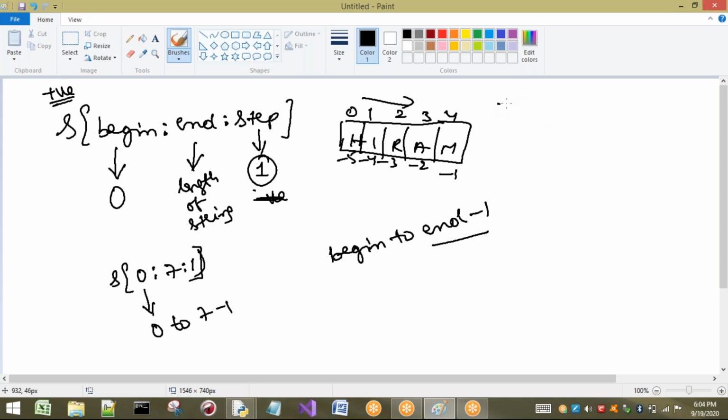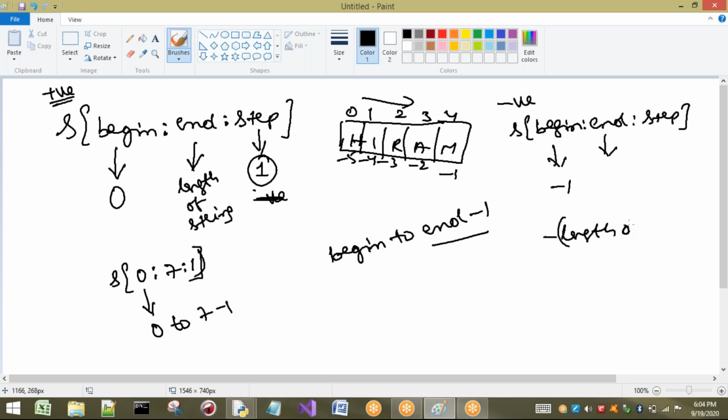If I consider the negative direction, here also we have begin, end, and step. If there is no begin, by default some value has to be taken, and that value is 1. If you do not take any value for end, by default it should be some value, which is minus of length of string plus 1.